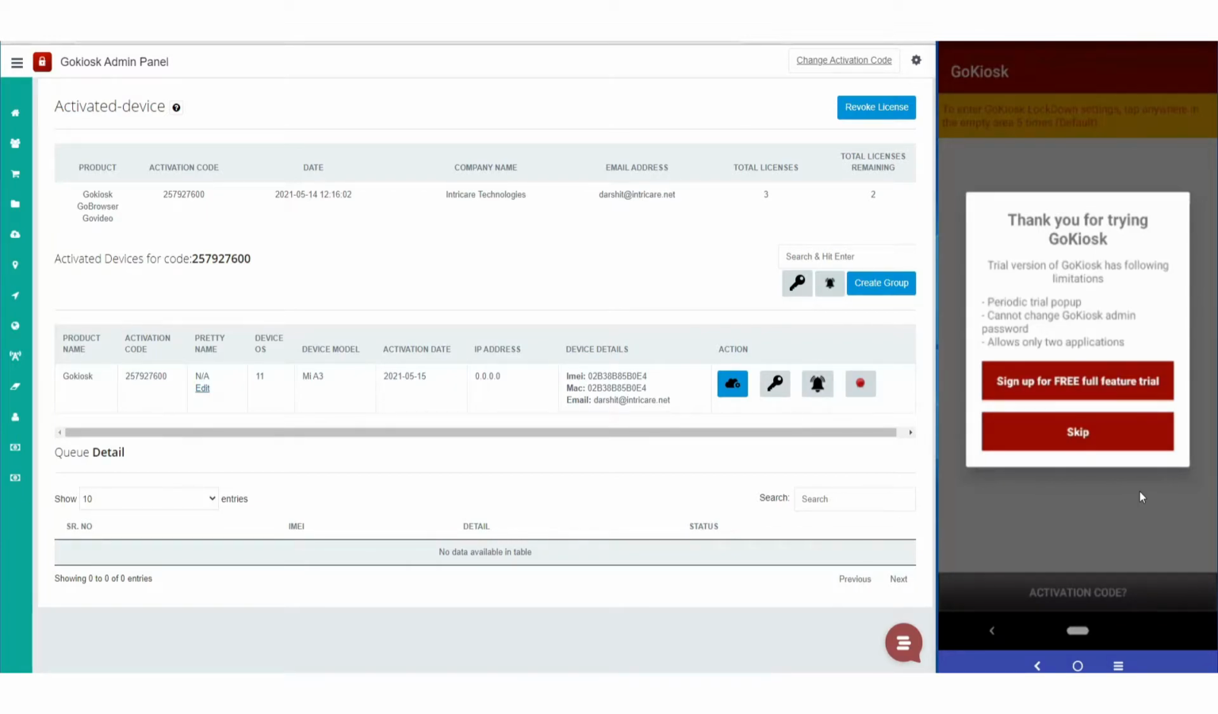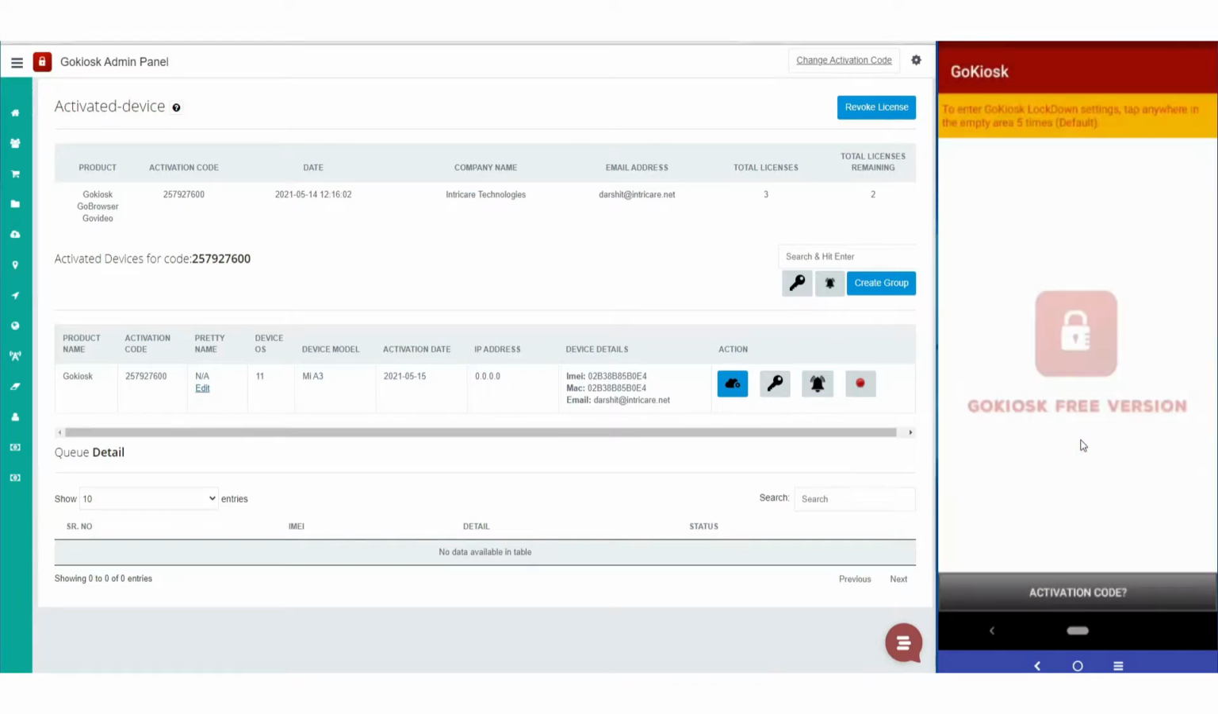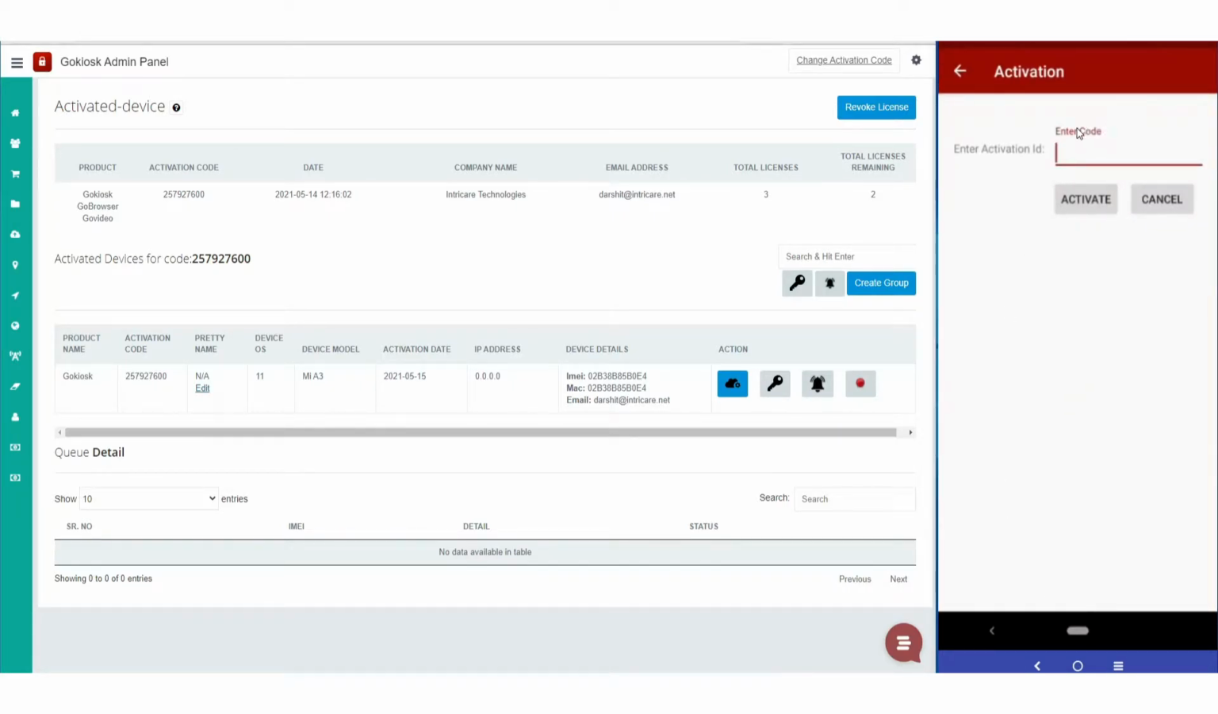I already created my free account, so I don't need to start another trial. I could simply click on skip, and now I have to activate my kiosk in order to run the free trial. So all I need to do is click on activate code, and I need to add this activation code to my device so that it gets activated. So I will just copy this, and